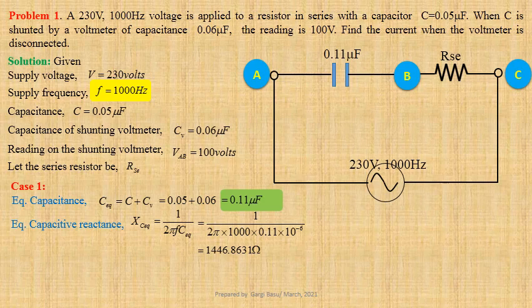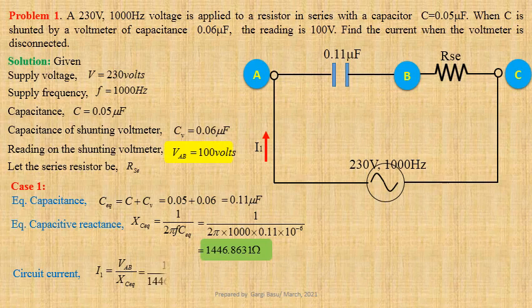Now we shall determine circuit current. I1 equals VAB divided by XCEQ. Using values we get 100 divided by 1446.8631, that gives us